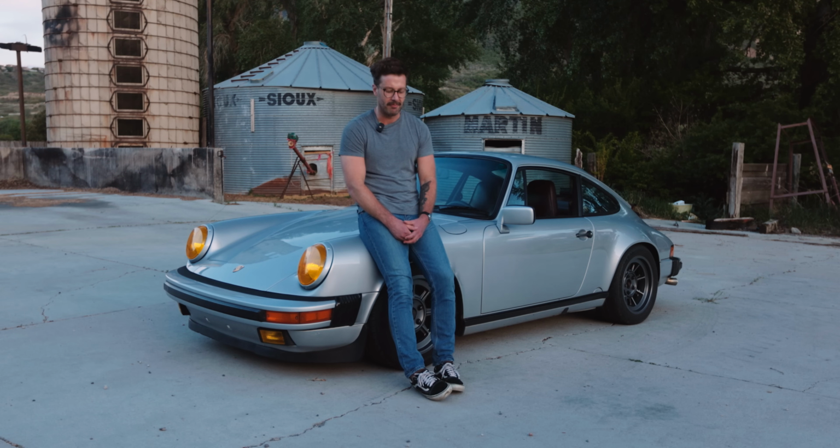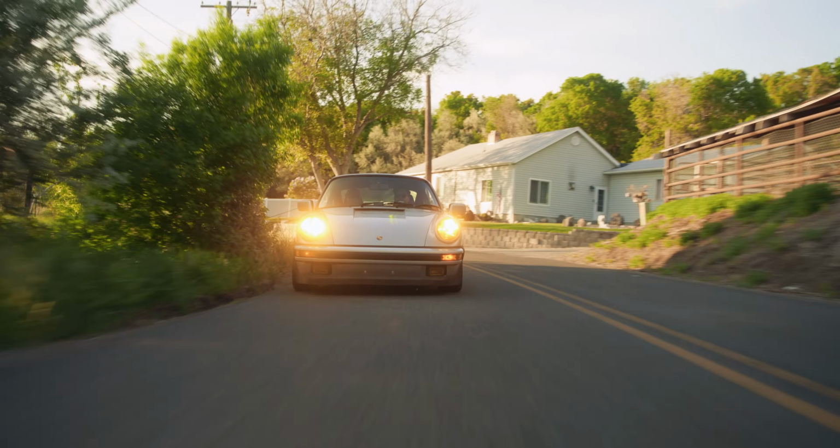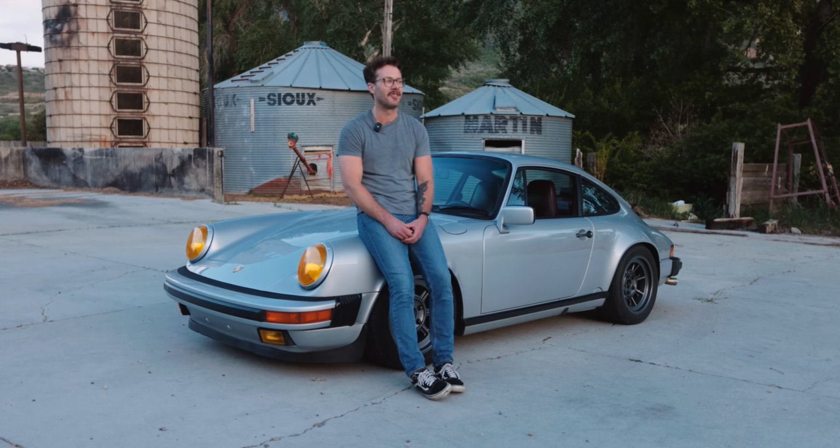And you don't have the stigma of modifying it like you do with some other European cars. Everybody talks about the pendulum with the rear engine and how that can swing out, and you can feel that and you have to use a lot more throttle control. To me, I don't think I drive fast enough to ever feel anything other than